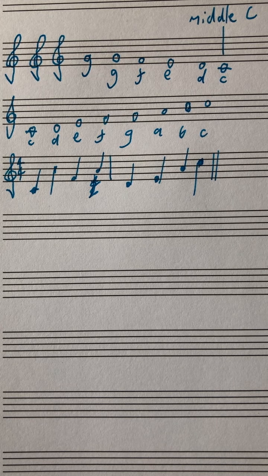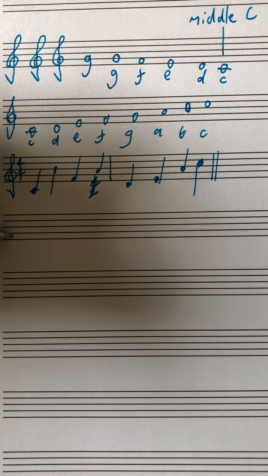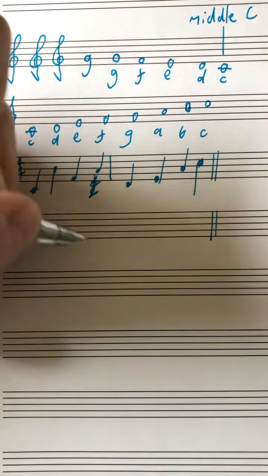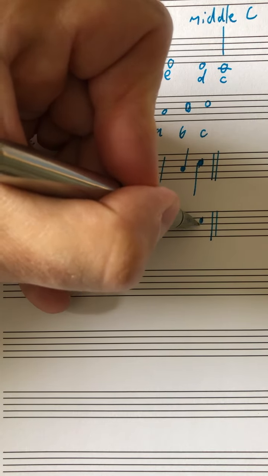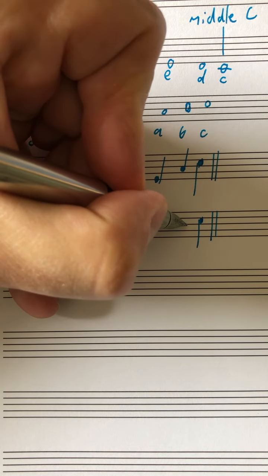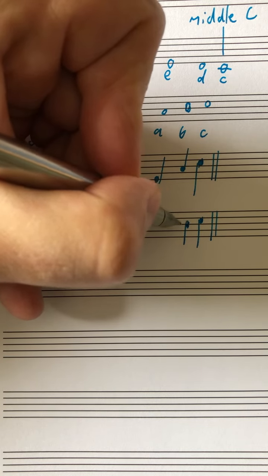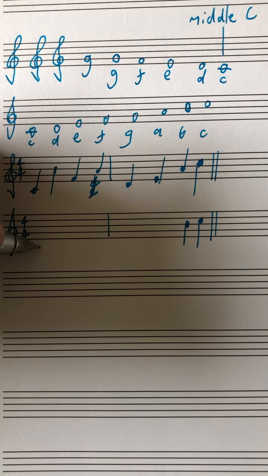Okay, so now I'm going to do another melody which will work better, and then I'll explain why it sounds better. Again, I'm going to put in my 2 bars, and I'm going to finish on C, but this time I'm going to lead to C by going to B. And we actually call that the leading note. It leads back to C. Also, I'm going to start on middle C, but this time